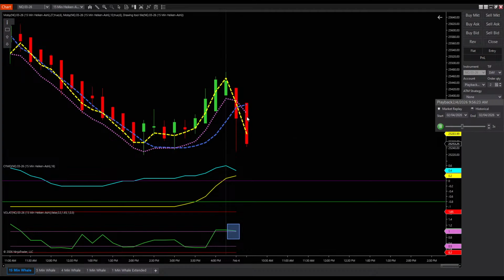It looks like price wants to continue coming down on normal volatility, but unless we have clarity here, and by clarity I mean, guys, we want the cycle line to be at least at the 0 line, and right now it's at 40%. So not just yet. You don't want to jump the gun.